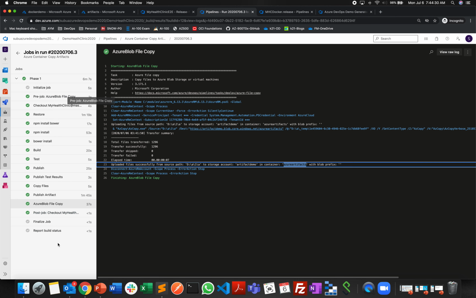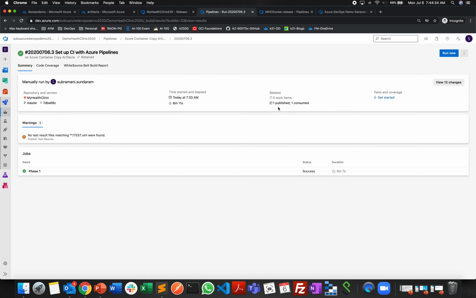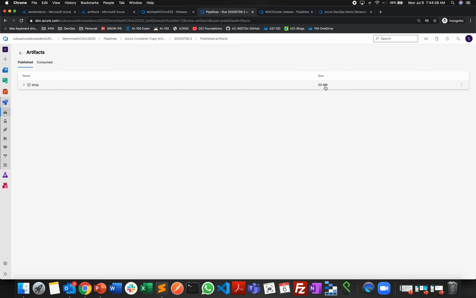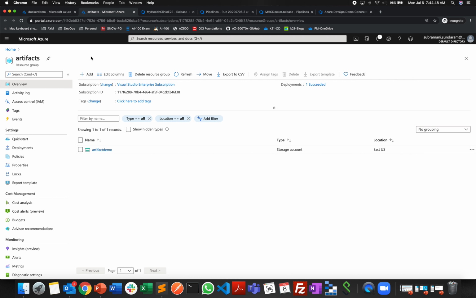So once this file copy is completed, we can go one step back, and here we can see published over here. So this published is nothing but this drop of 20 MB, the same zip files and everything. This is stored on our Azure DevOps itself. And now when we go to the Azure portal, this is the artifacts resource group, and under the artifacts resource group we are going to the storage account,